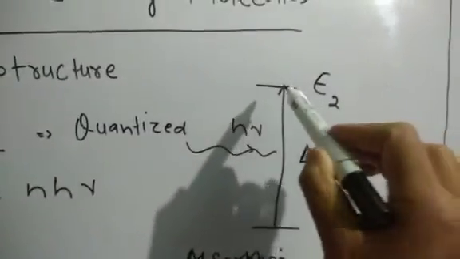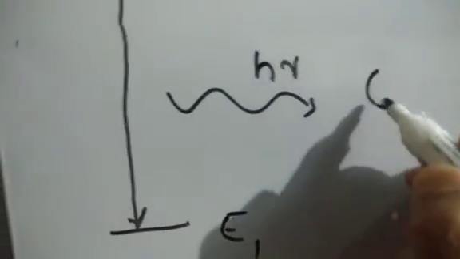Now if a molecule comes from a higher state to a lower state, a molecule goes from the excited state to the ground state, it will release energy. It's coming from higher energy to lower energy, so it will release a photon of energy. It's called the emission spectrum. This phenomenon, which will be recorded by the instrument, where the molecule comes from the excited state to the ground state, is called the emission spectrum. We'll deal with the emission spectrum later.